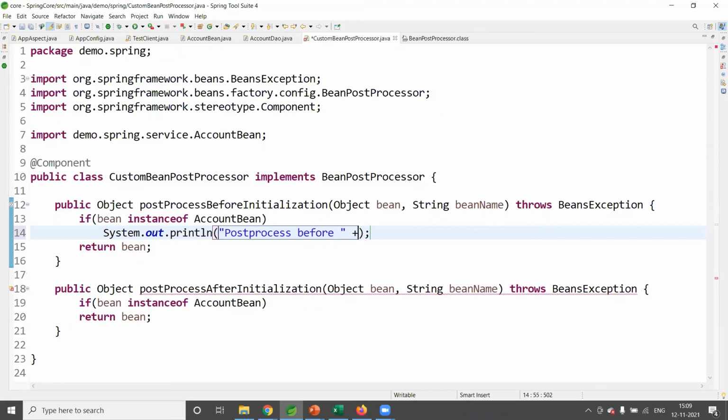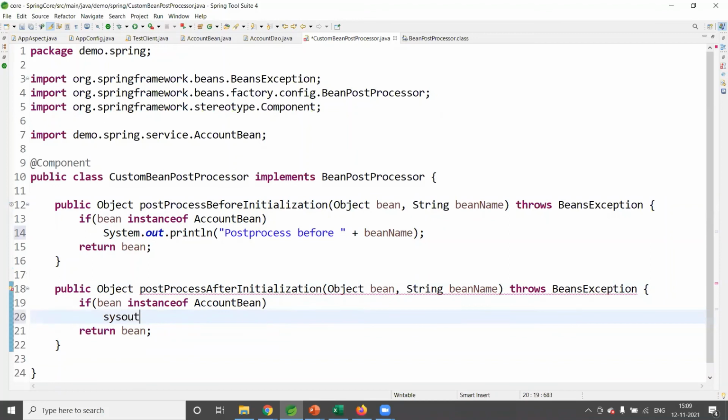Here let us display the name of the bean also. This is only for auditing purpose. Similarly here also, let me write sysout postProcessAfter, plus bean name.